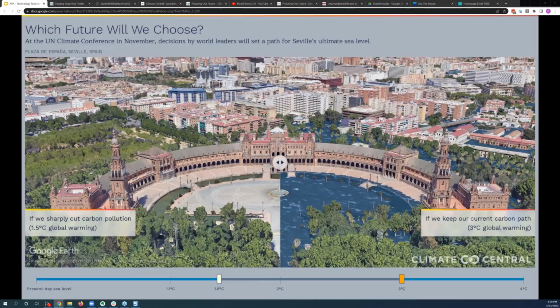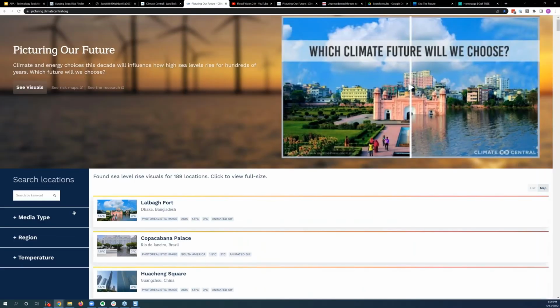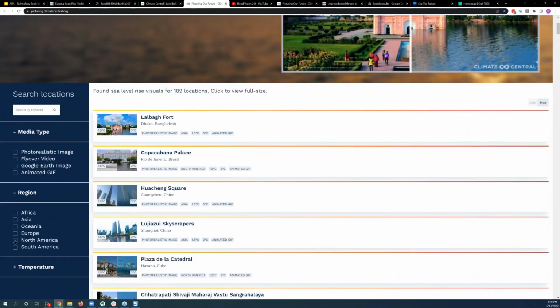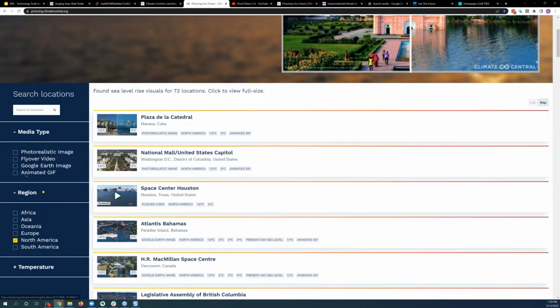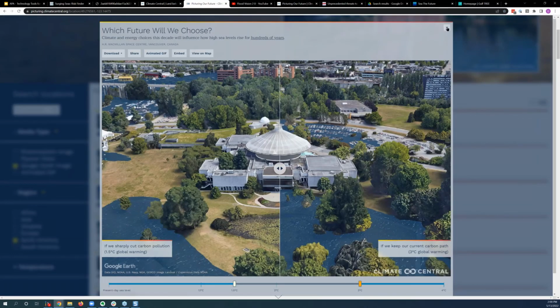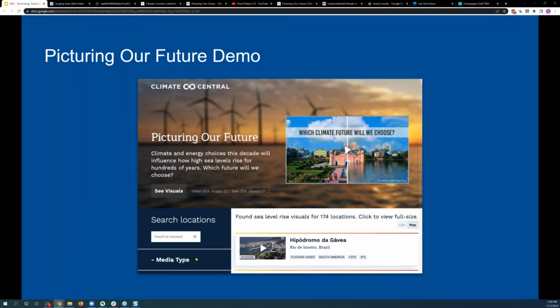And then the tool itself, you can go in and basically configure. I'll show it to you very briefly, but it lets you sort. Let's say you're interested in the United States, right? So you come in, choose the region, North America, and then you can choose what you're interested in. And then you can come in and view it and download these images. Back to the slides. And actually, I'll paste that in here as well, just so you have it.